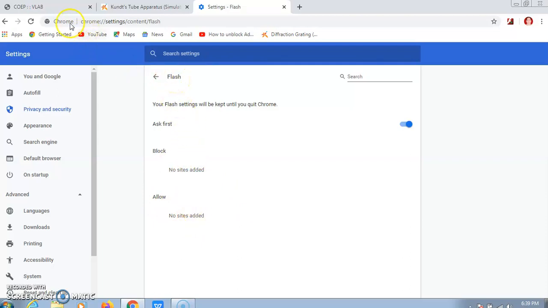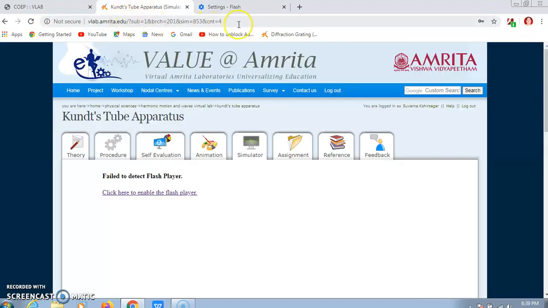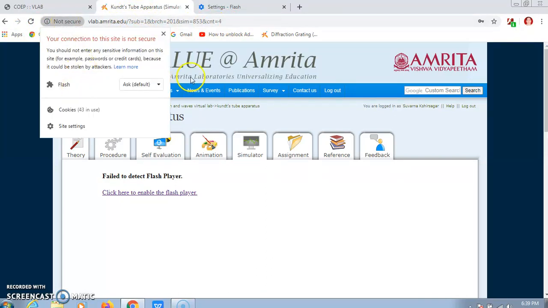What we want is for this Kundt's tube experiment or Amrita Lab site to be allowed to use the Adobe Flash Player. So click here on not secure and click here on allow. So this site is allowed.